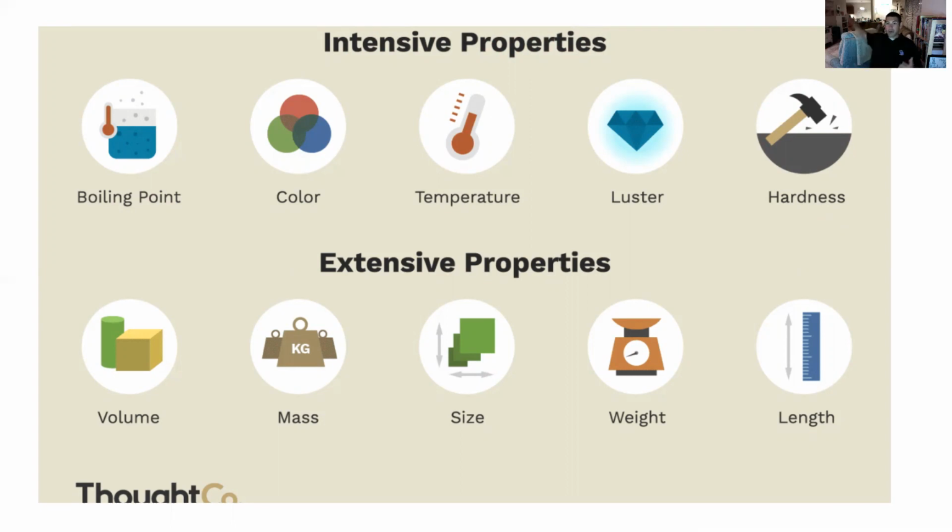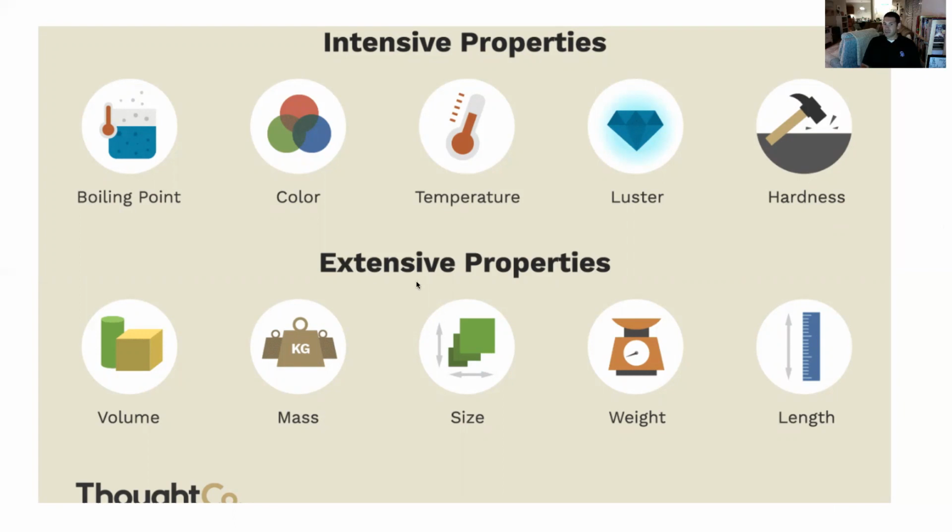All right, these are properties of matter. Intensive properties do not depend on the amount of matter, right? The boiling point of a substance is a temperature where the substance goes from a liquid to a gas. Doesn't matter if you have a lot of that substance or a little bit. If you're at that point, it's going to boil, right? The color of a substance isn't going to change whether you have a lot of it or a little bit of it, right? If you have a lot of gold, that's awesome, but the gold's not going to look any different than a little bit of gold, all right? How shiny it is, how hard.